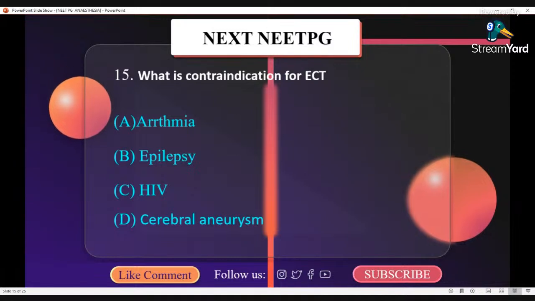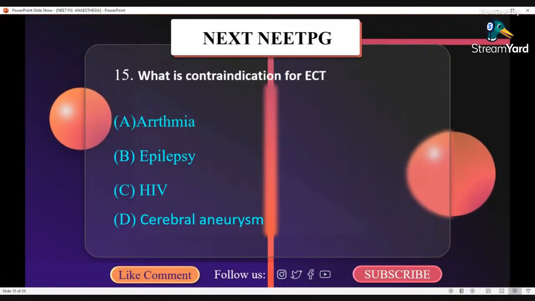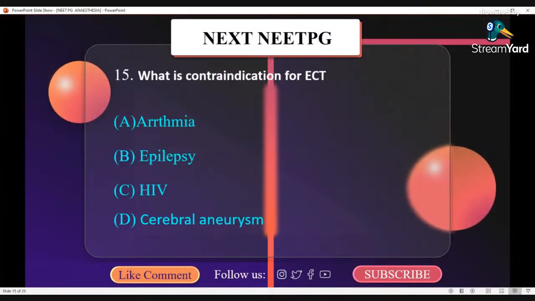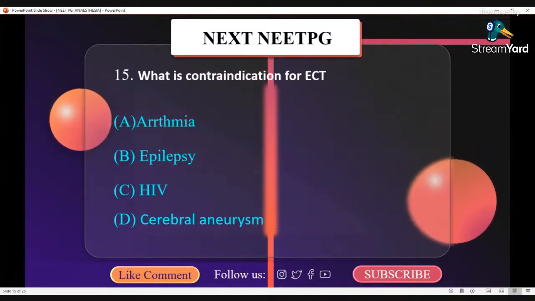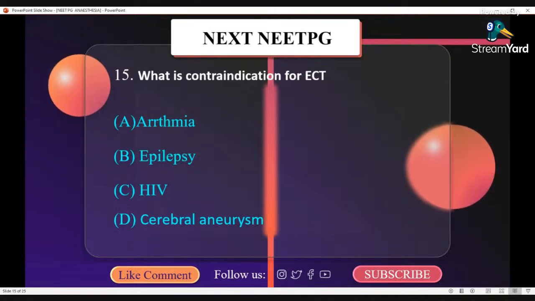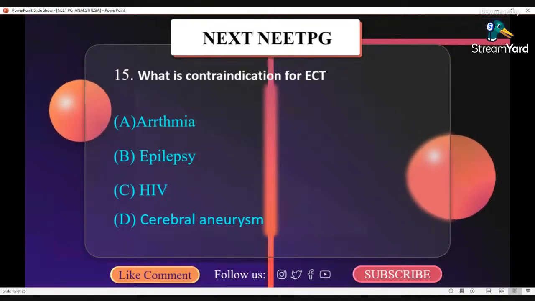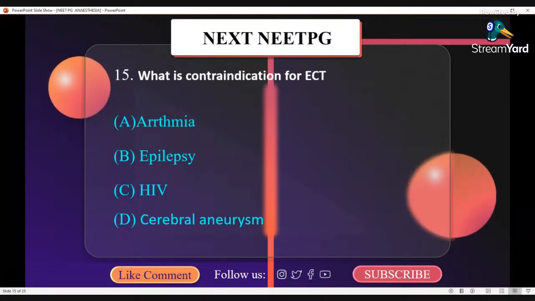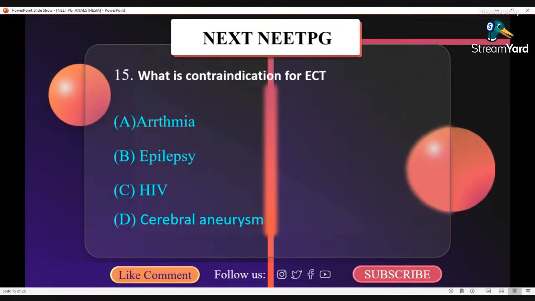Absolute contraindication is increased intracranial tension. There is a cerebrovascular response to ECT, including marked increase in cerebral blood flow and blood flow velocity. Cerebral oxygen consumption increases as well. The rapid increase in systemic blood pressure may transiently overwhelm the cerebral autoregulation and may result in increase in intracranial